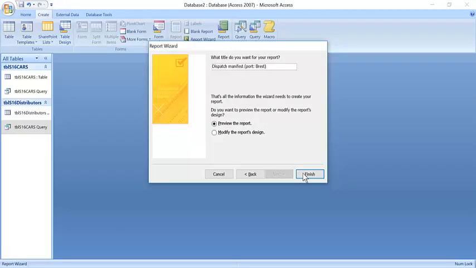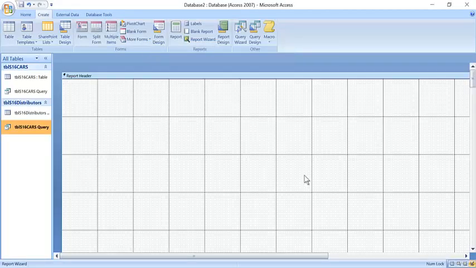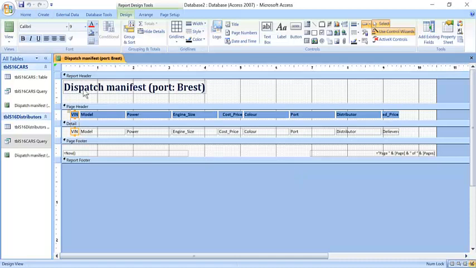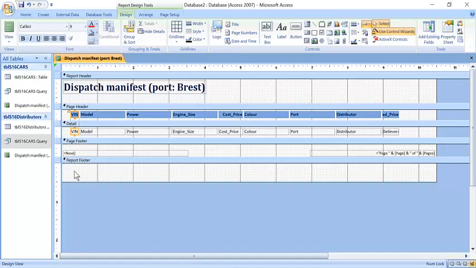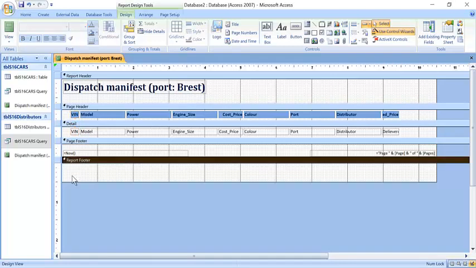Go to modify and click on finish. Right, so the report has been created with dispatch manifest into bracket port rest as the heading, and below the footer I include my name,